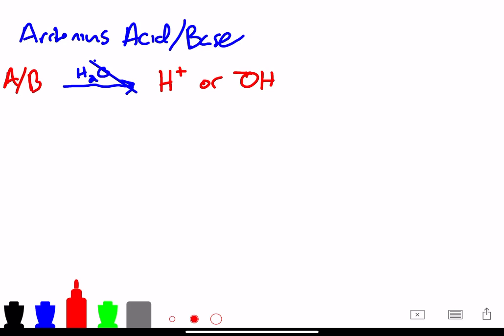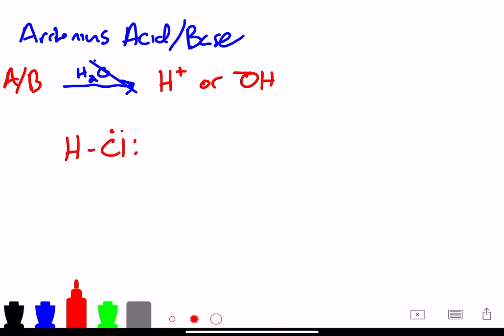And this is a pretty narrow definition of acids and bases, because there's a lot of acids and bases that take place in other solvents. For instance, there are acids and bases in organic chemistry that take place in ethers or ammonia, where ammonia is also a base, but it also can be a solvent sometimes. But what this looks like, for instance, in an Arrhenius acid, we might have